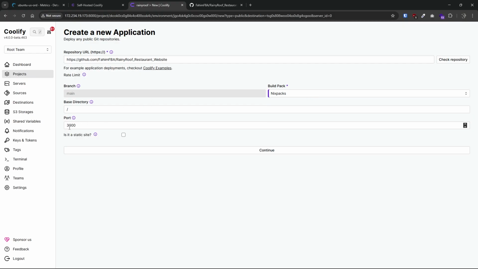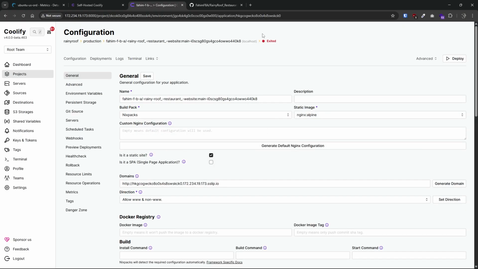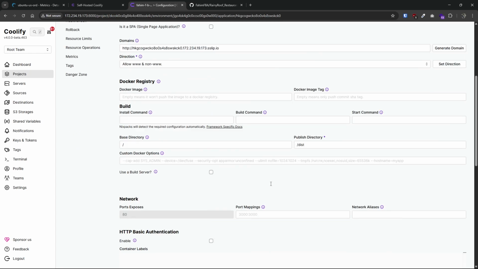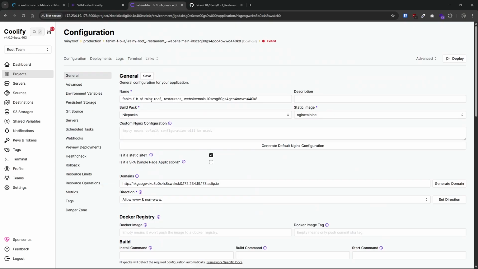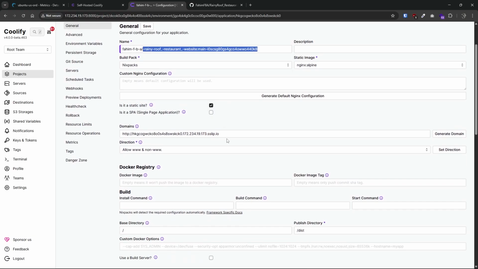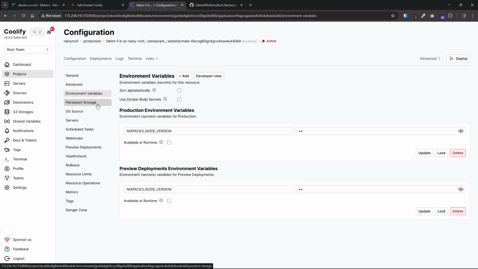Okay, next step. For the static site, it works fine out of the box. Port 3000. Is it a static site? Yes. Okay, this is just a static site. So continue. Okay, everything looks fine. I can change the name. I can add a domain or subdomain if I want, but I don't need those right now. Advanced section, environment variables, those are not needed because this is just a simple static site. So I can simply click